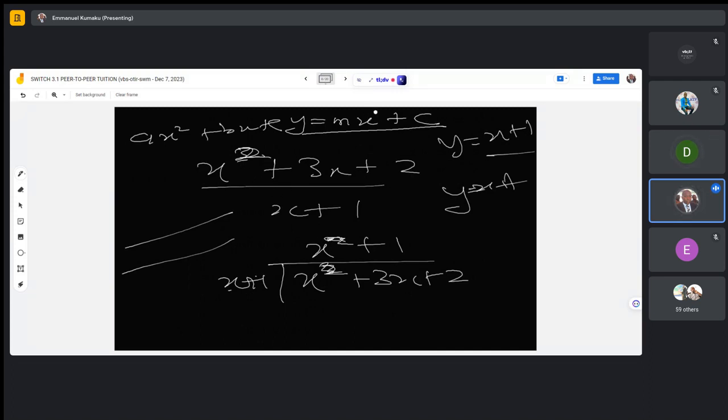When you divide, you will get x to the power 1. That's the only way you get the equation of a line. If the top degree is more than the bottom by 2 and above,